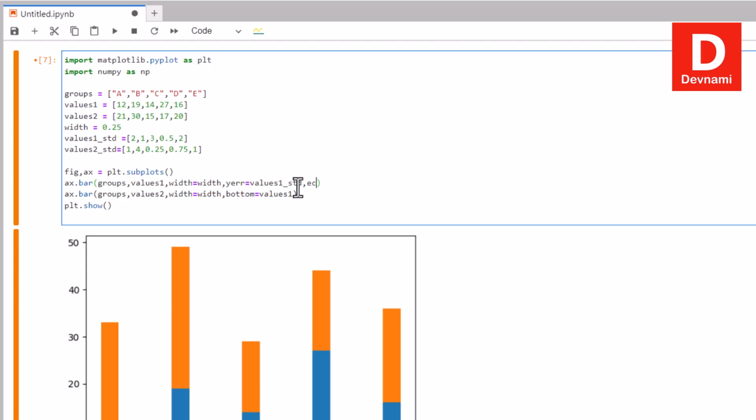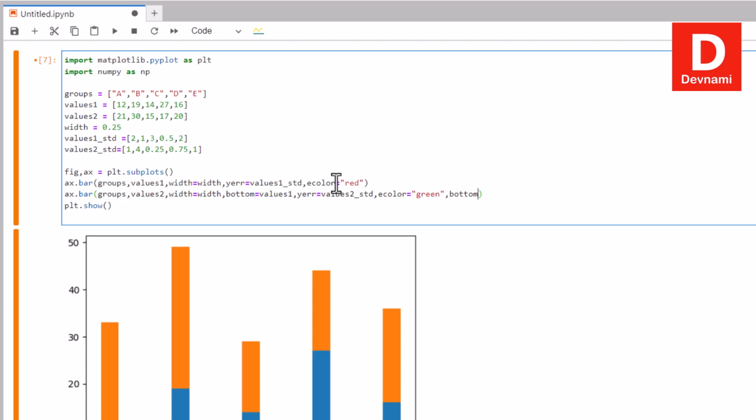And I can add e color, which is the parameter for error color, and set it to red, right? Similarly, I have to do this for values 2 as well. So here let's say y error set to values 2 underscore standard. Here I can use e color equals green,